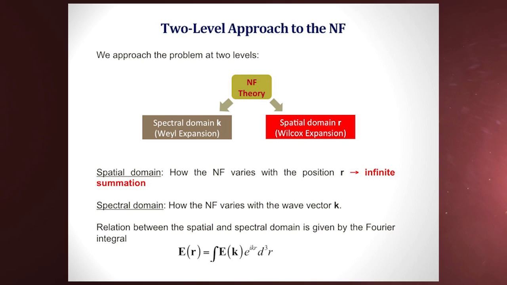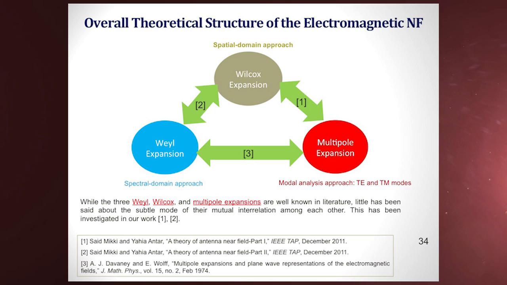I'll walk you quickly through the theoretical development here and highlight some of it, but I'm not going to get into details. What we're doing here, we're going back to the old development in electromagnetics, and we use something called Weyl expansion. You notice the dipole was 1 over r, so we're using here an infinite series summation, and we use the spectral domain. Spectral domain is basically a Fourier series transformation. This is basically the cornerstone of the development we have.